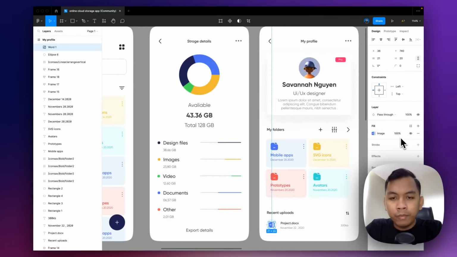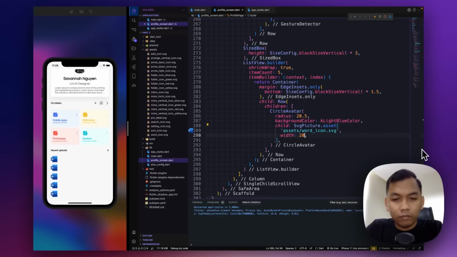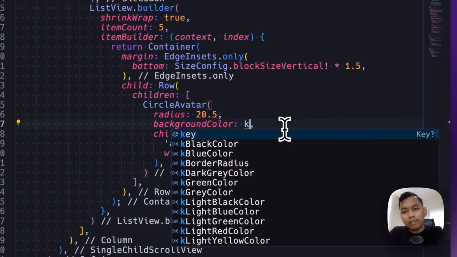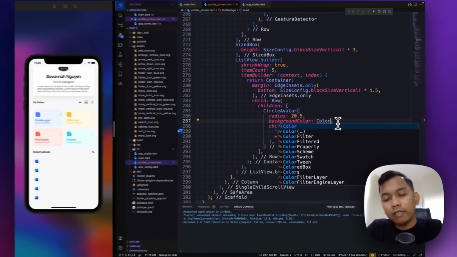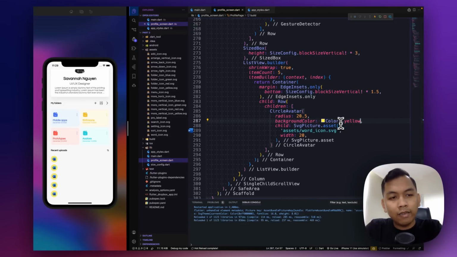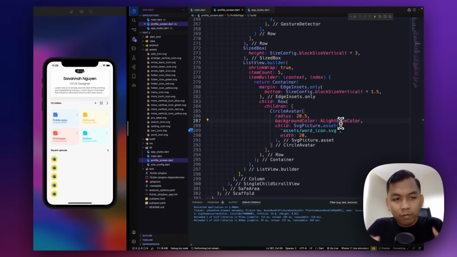The width will be just 20. And now we see background color. So let's try to change into yellow, and we will see yellow color. Alright, so let's pick to K light blue color. Boom. Alright, it still works.